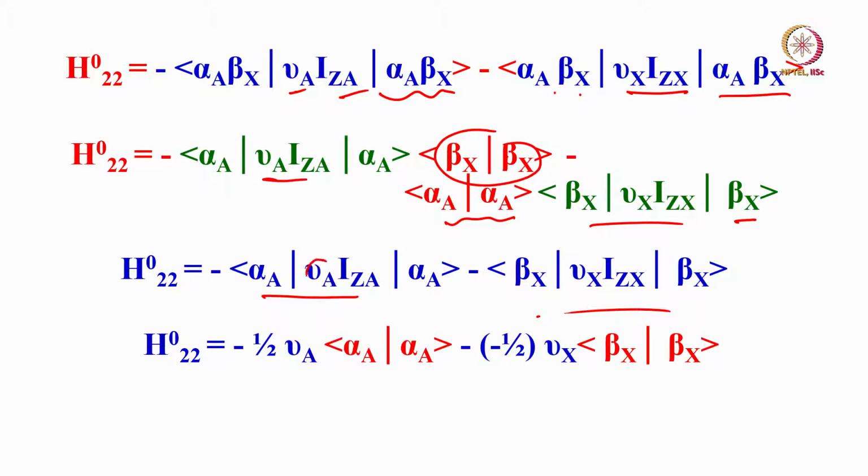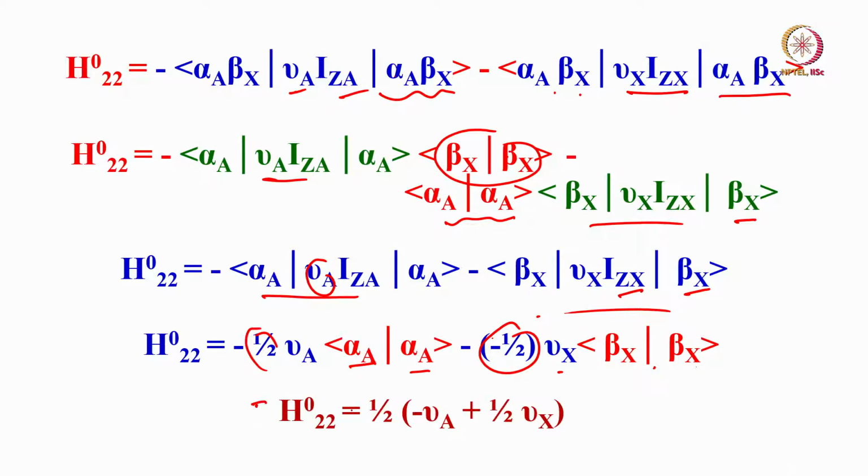Same thing you can do. Now, what you can do? Take out ν_A outside. Now, I_Z operating on α gives rise to half α, so half I took it out. Similarly, I_Z operating on β becomes minus half β, so I will take out minus half ν_x, and this will be 1. So what is going to happen? This is going to be minus, H22, minus into minus is plus. So I can write it like minus of ν_A plus half of ν_x, or in other words you can write it as half of ν_x minus, take out half, it is going to be (ν_x minus ν_A).